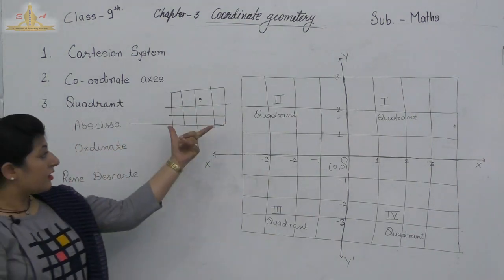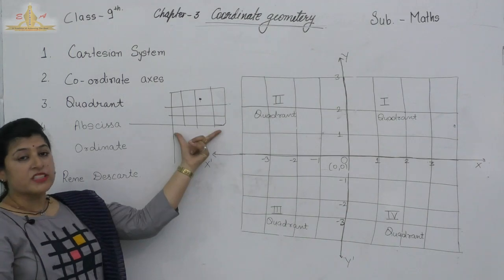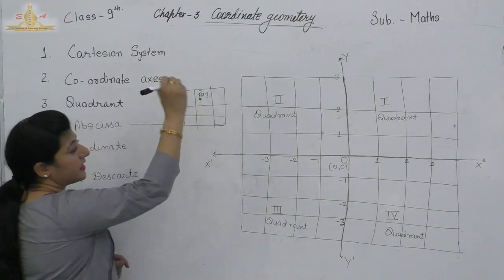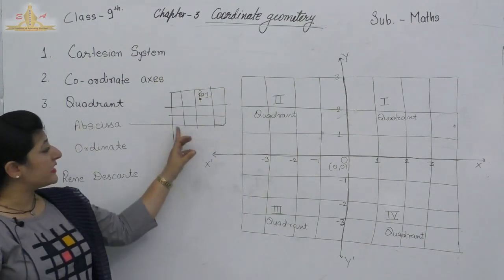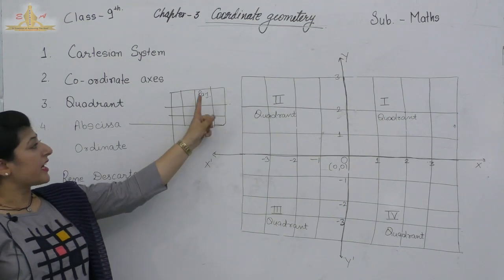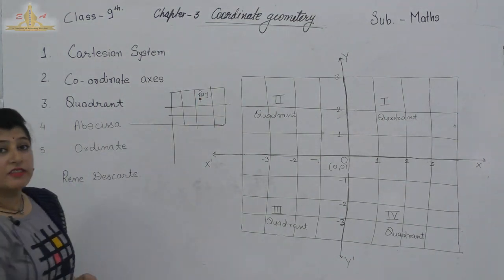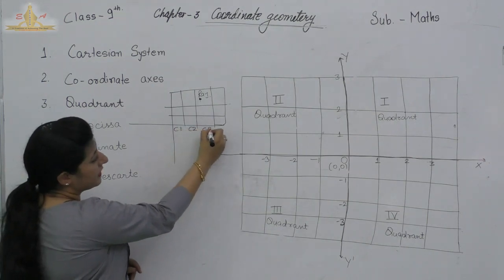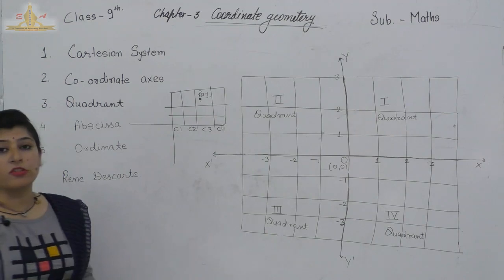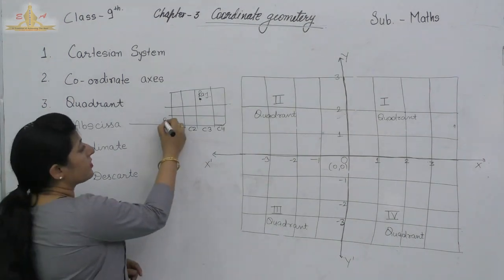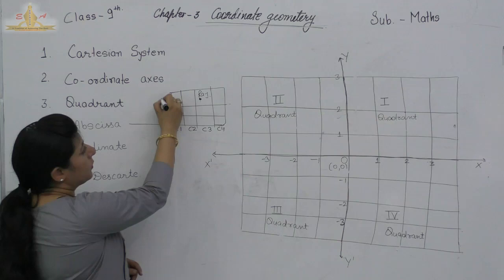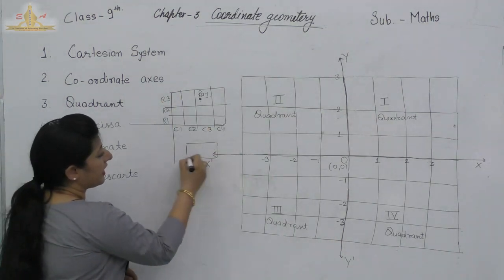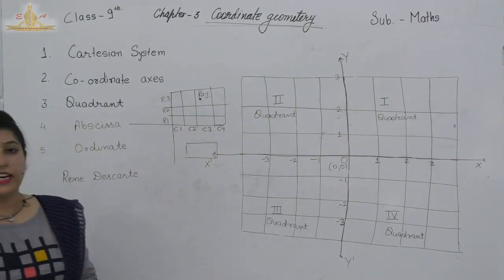In this column we want to describe the position of this person. Suppose this name is Raj. In a classroom there are so many students sitting like this and we want to find the location of Raj. Firstly we define there are 4 columns C1, C2, C3, C4, and 3 rows R1, R2, R3, and one teacher is here and he wants to check the position of Raj, where he is seated.